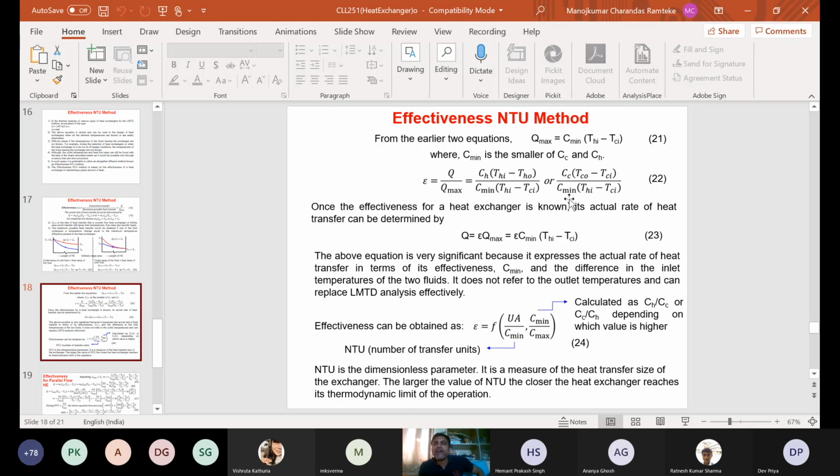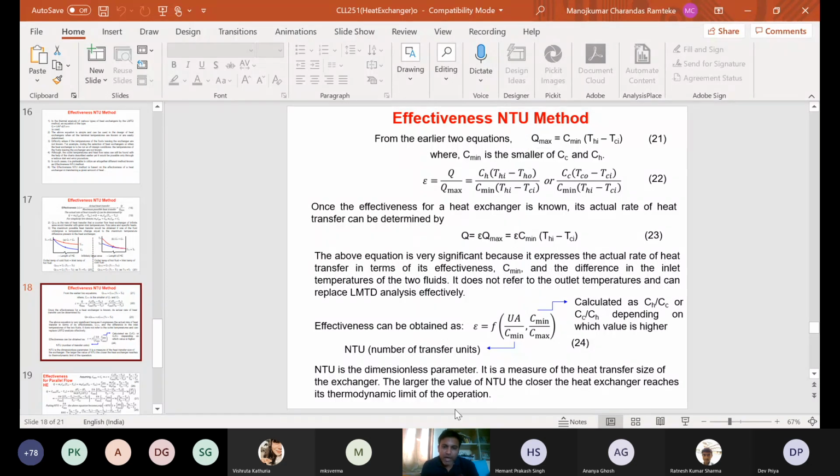So Q max is defined in terms of what? It is defined in terms of C min times (T_hi minus T_ci). So C min is nothing but the minimum value of m_c C_pc or m_h C_ph. Correct. Whatever is the minimum between m_c C_pc or m_h C_ph, that is called C min. And remember, this C_c can also be represented in terms of C min. If this is taken in terms of C min, then epsilon you can get in terms of the ratio of the temperature differences. So that is what has been given in your